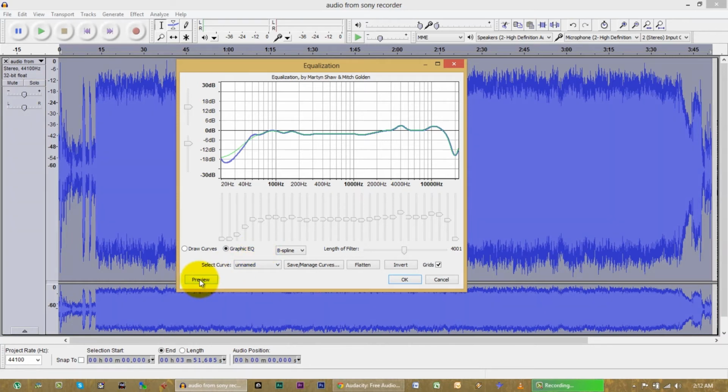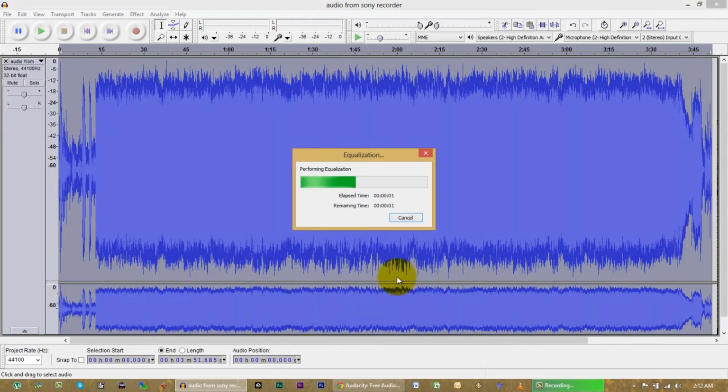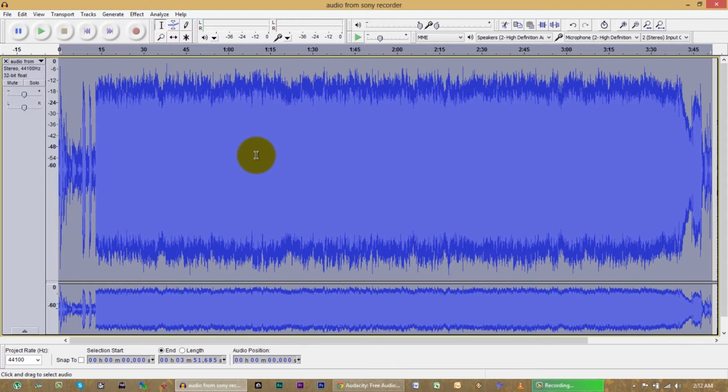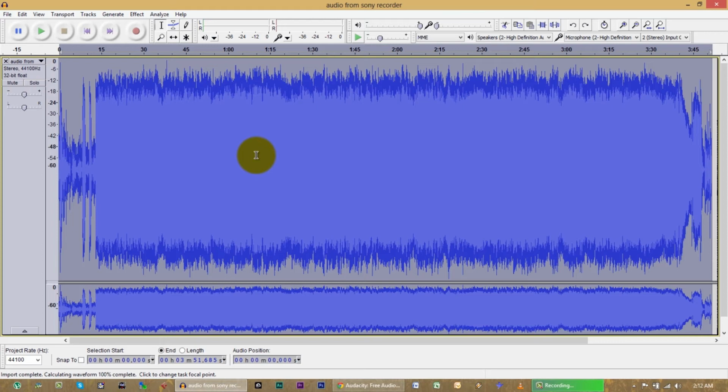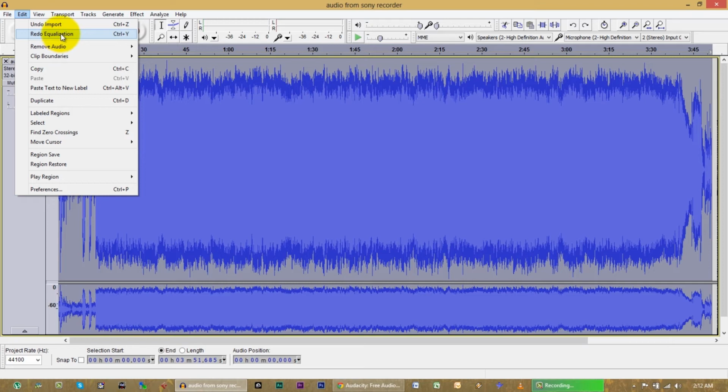There is a preview function, but I don't like the way it works, so anyway, let's assume that this rough approximate EQ curve matches what I did in Audition, and that's what I like. So let's apply it by hitting OK. Okay, now you see when that processed, the overall level of the waveform shrunk. Let me hit Control Z to undo. See, this is without the equalization applied, and then if I redo it, watch what's going to happen. The waveform is going to shrink a little bit.